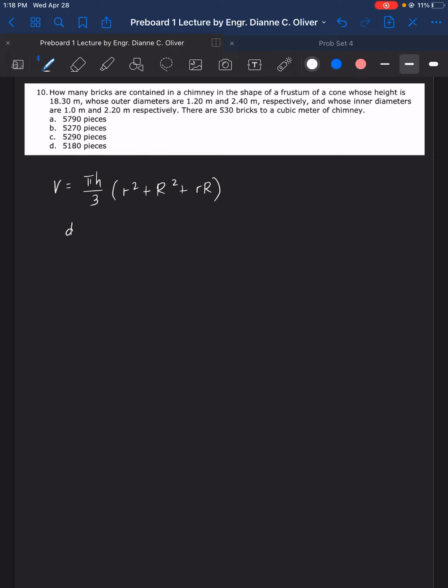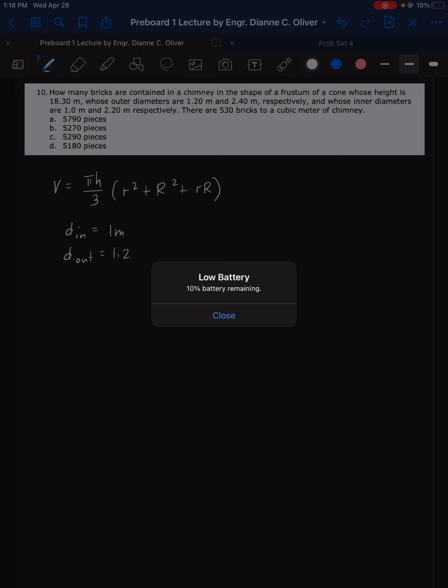The inside diameter is 1 meter and the outside diameter is 1.2 meters for the smaller diameters. And the bigger diameters,